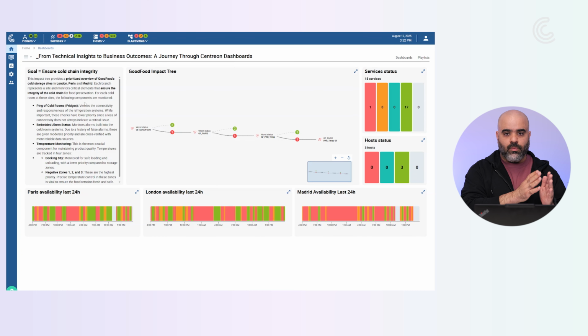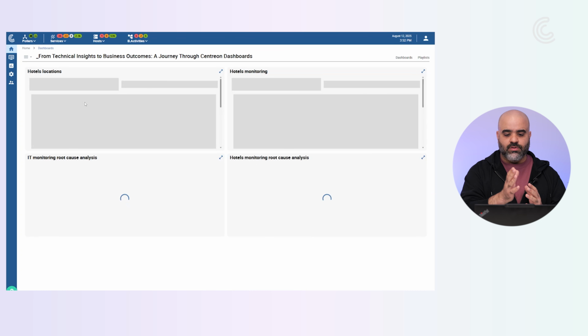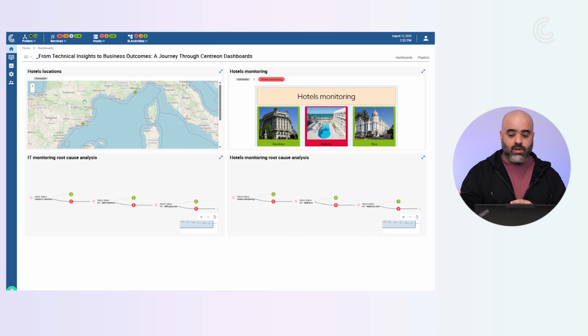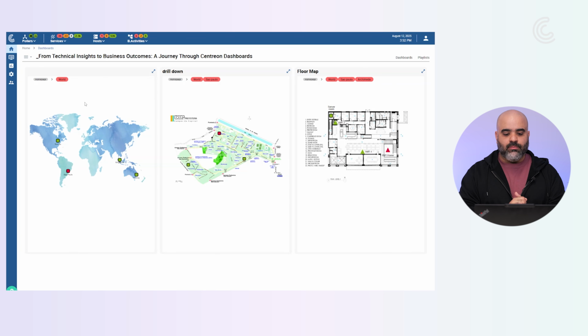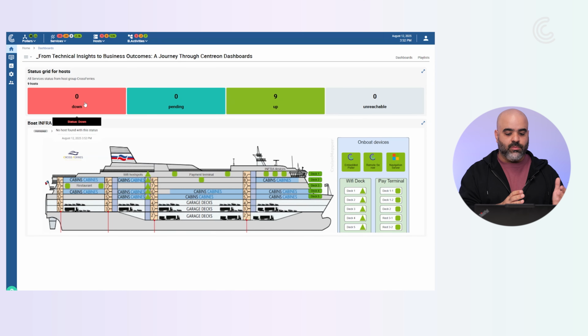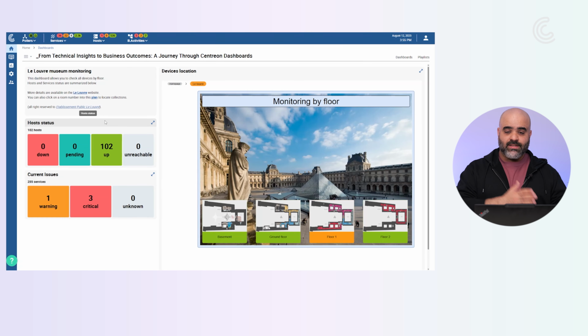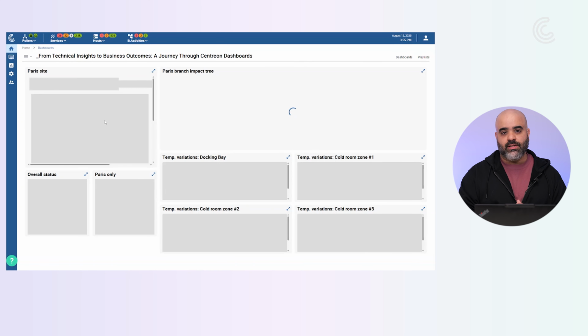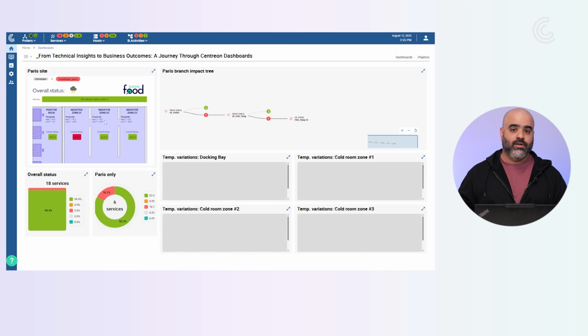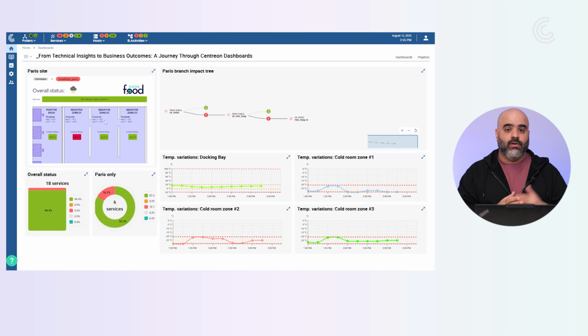So for example, we can see the status of the different servers. We can have the console as we already saw it. And here you can have the example of more of a business view, in which you will have views of, for example, the plan of your floor, all the information that you have on all different maps that you can have. And as I said, we can share these dashboards as playlists with people either in our company, as internal IT teams, or with external people, service provider or customer that you want to share, so that you're respecting your